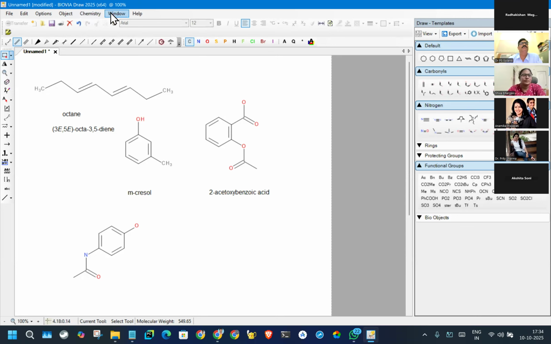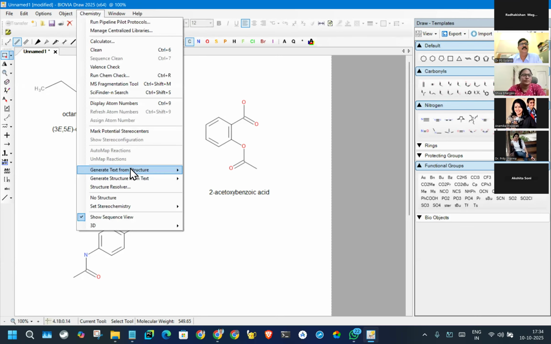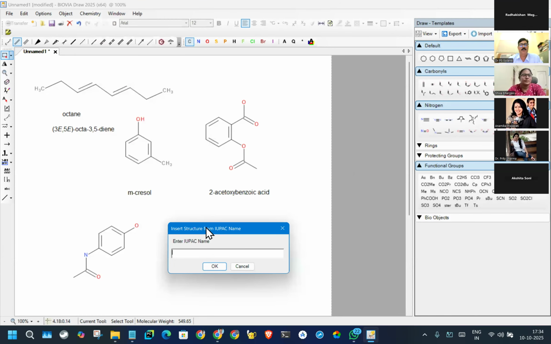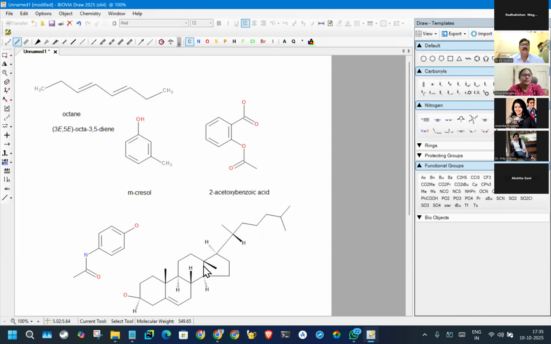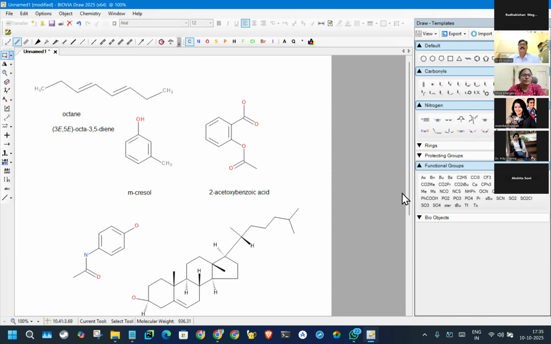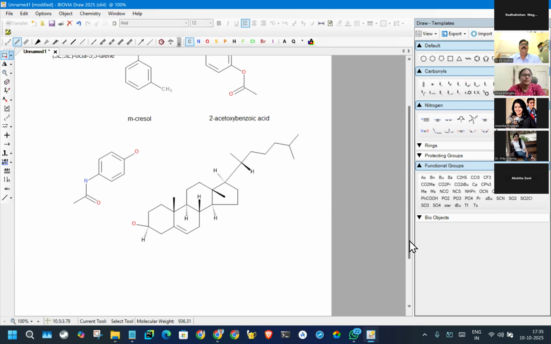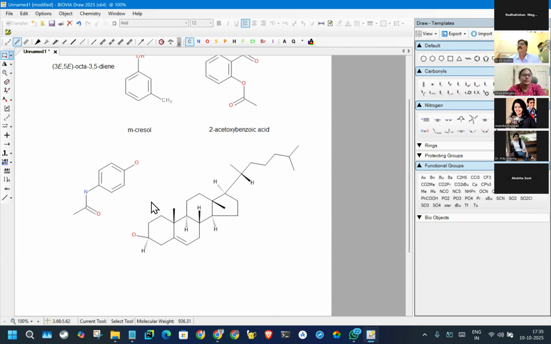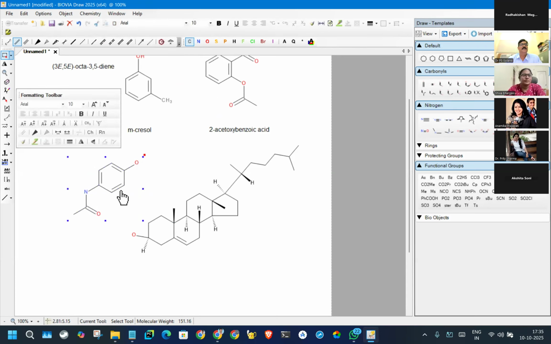एस्पिरिन और भी कुछ नाम बताओ। जनरेट स्ट्रक्चर फ्रॉम टेक्स्ट। ये कोलेस्ट्रॉल करते हैं। कोलेस्ट्रॉल बन गया। ओके, सभी को समझ में आ रहा है? Yes, yes, sir. सिंपल है बहुत। अब इसका मुझे आईयूपीएसी नेम चाहिए होगा तो मिल जाएगा मुझको।